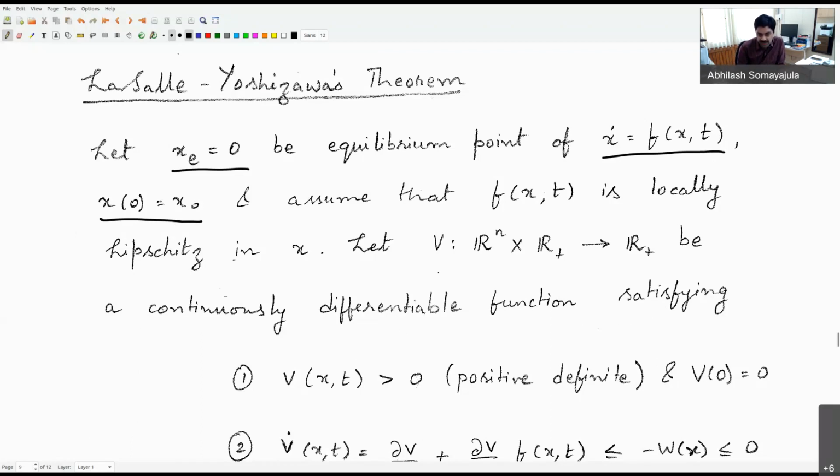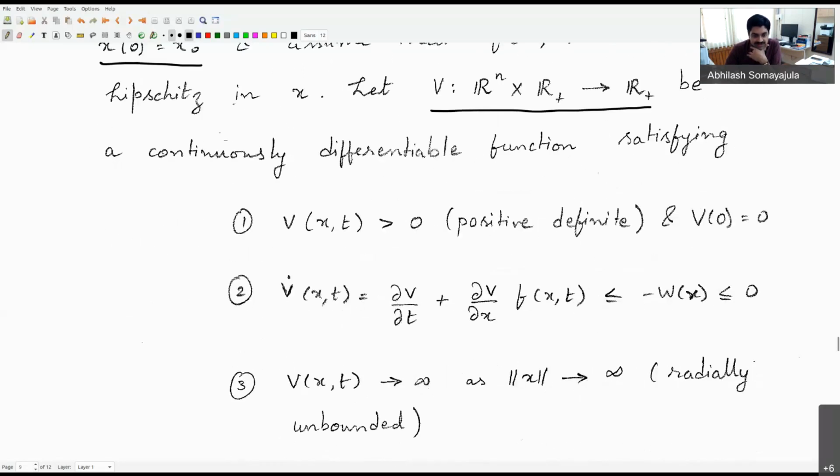Again, I'm able to formulate a function v of x comma t, such that v of x comma t is greater than 0, which is positive definite, and v of 0 is 0, and v dot of x comma t will be del v by del t plus del v by del x times f of x. Notice that there are two variables that the function depends on, so we have to apply the so-called chain rule